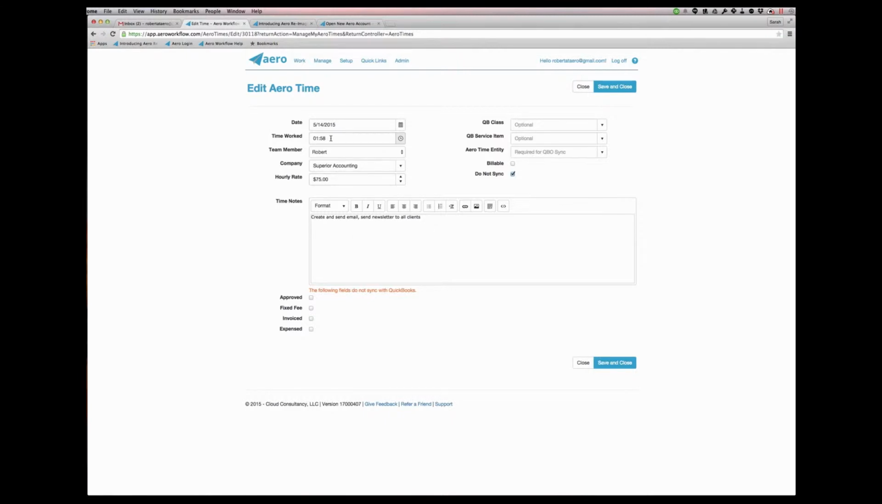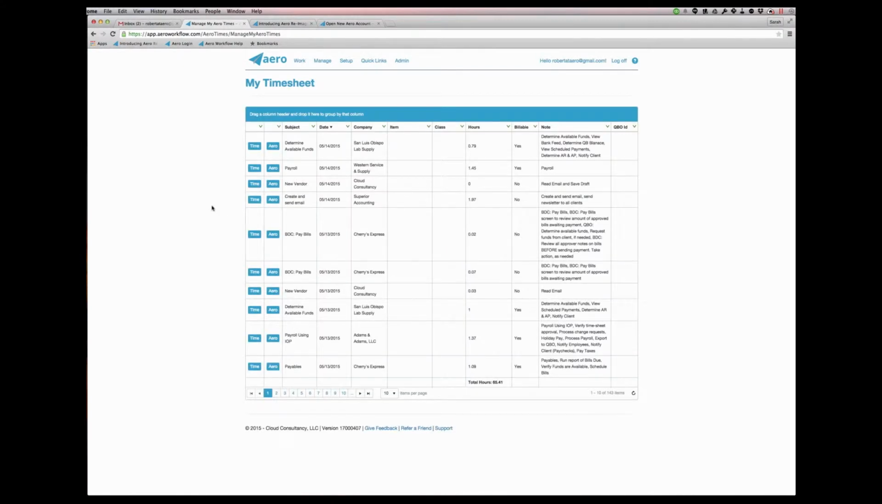If I needed to edit this for some reason, maybe I had recorded the time by error, I can edit it from here. And this is a function of whether or not I have the appropriate privileges to do that, which we're not really going to talk about today. But most tasks in Aero, you can give people the authority to do them or not, depending on what security level you assign them. So now that that time is recorded in Aero, I can send that off to QBO